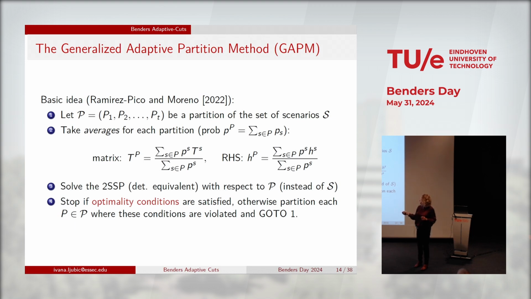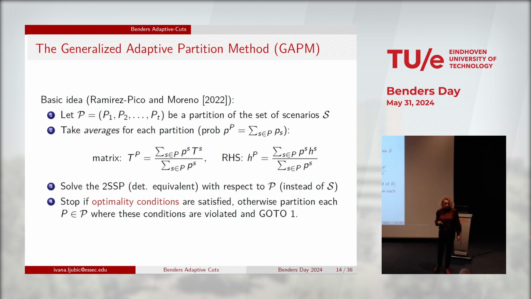So I will split P1 into some smaller subsets, P2 into some smaller subsets, and so on, and I will repeat this procedure. So the hope is that we will not end up with the whole set of scenarios, because in the end of the day that will be an overkill. But we will stop after very few refinement iterations, and we will end up with the optimal solution while solving much